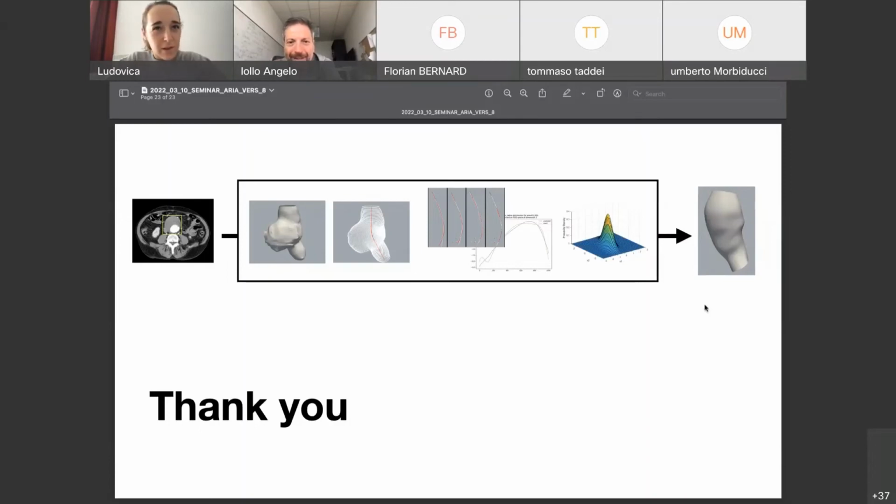I am afraid there are some connection problems. Umberto, there is a problem with the connection. We didn't hear you. Okay, so Umberto will try to reconnect. In the meantime, if there are any other questions or issues that you would like to discuss,